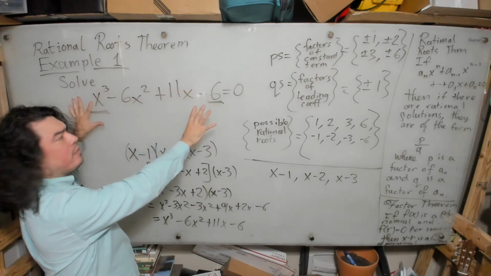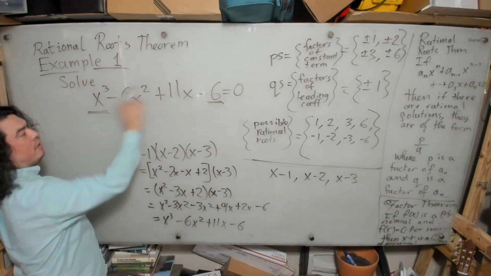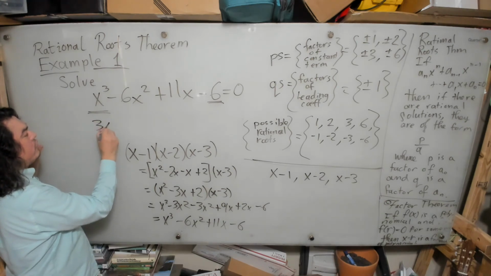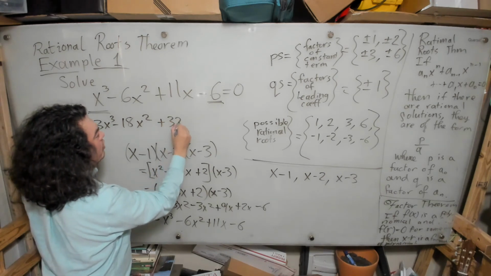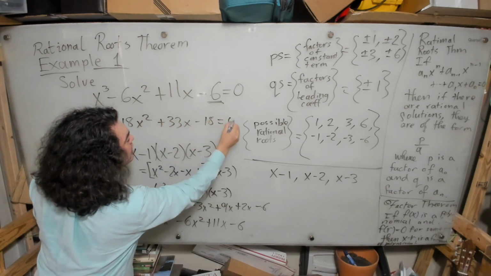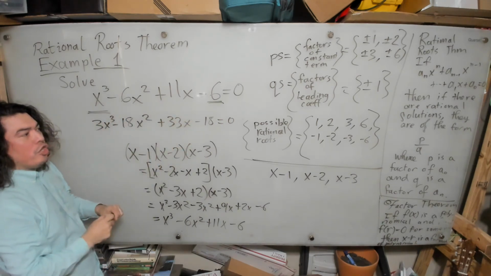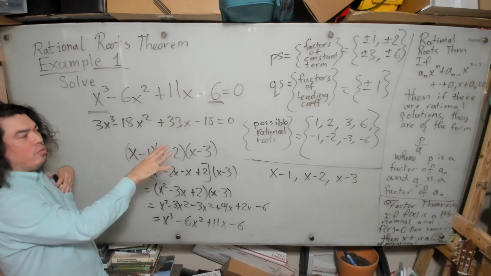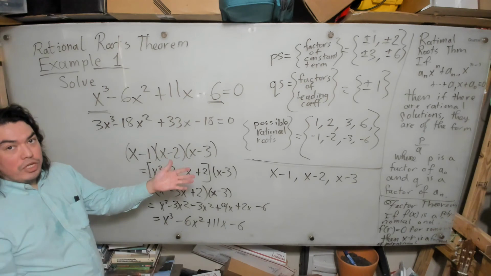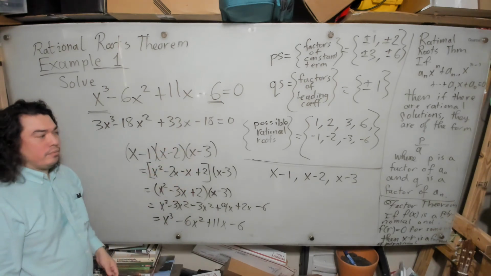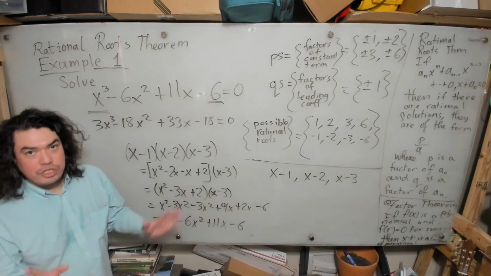If the equation we were solving on the left-hand side had a multiple of this polynomial, like let's say each of these numbers had been multiplied by 3. In other words, 3x cubed minus 18x squared plus 33x minus 18 equals 0. Let's say this had been the equation we were solving. The rational roots theorem would have given you some of the same roots, okay? It would have given you a few more possible rational roots, but it would have given you these roots as well, okay? And you would have gotten that these would have been factors, the associated factors, because you would have